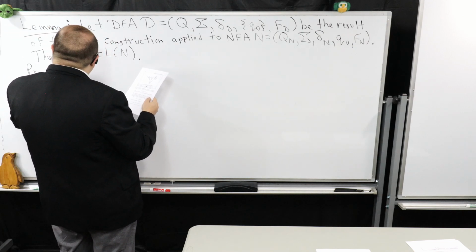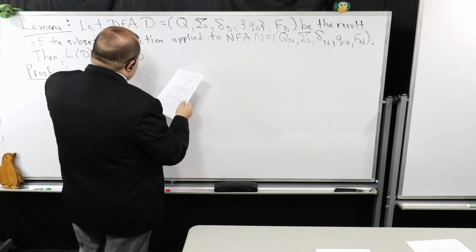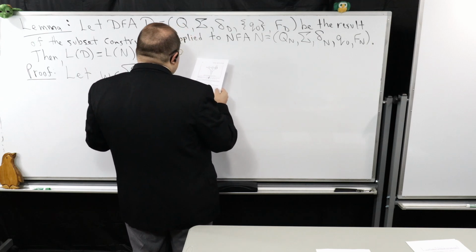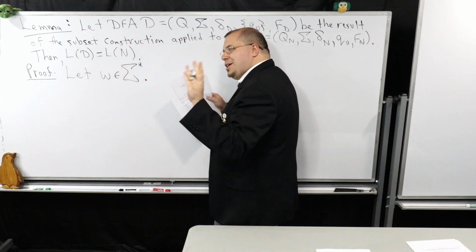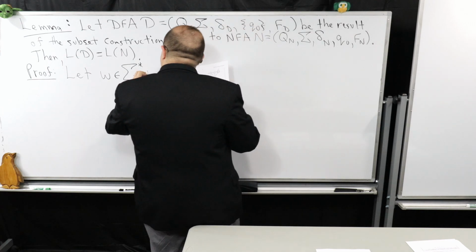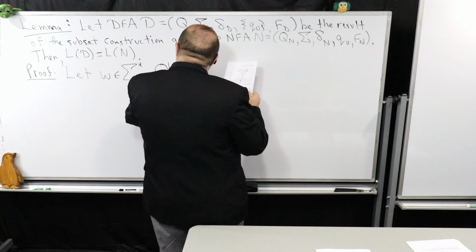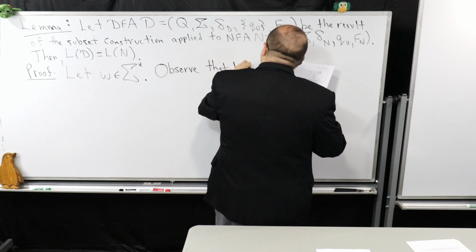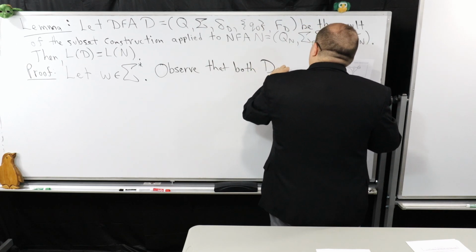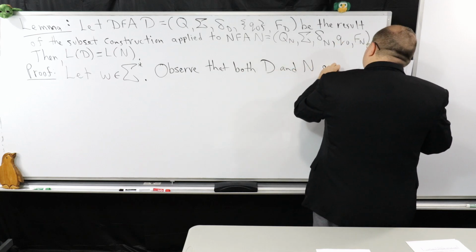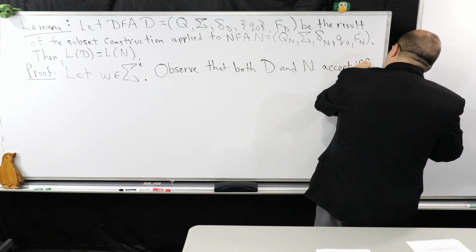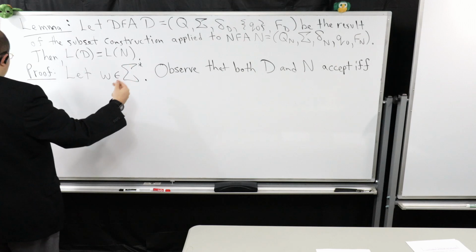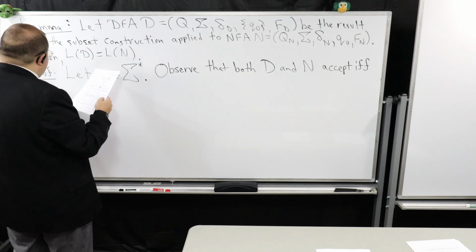So I'm just going to let W be just some string of sigma star. Now, this is going to be the big observation for this proof: I'm going to observe that both D and N accept if and only if, and I'm going to use IFF to abbreviate if and only if. So whatever I say here is going to be logically equivalent to what I'm going to say next. If and only if both